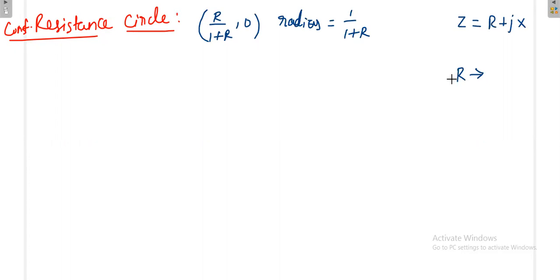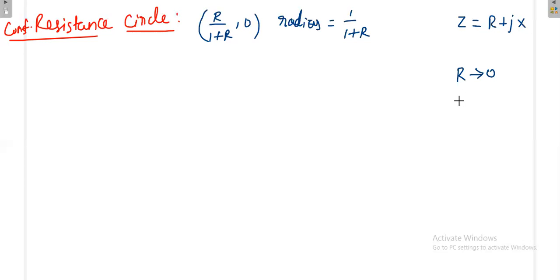Can it be 0? My question is, what could be the range of R? Because once I know the range of R, then only I can proceed. R cannot be negative, but it can be 0 because the impedance can be only imaginary, without any resistance. If R is 0, the impedance is purely imaginary. R cannot be negative because resistance can never be negative in general.